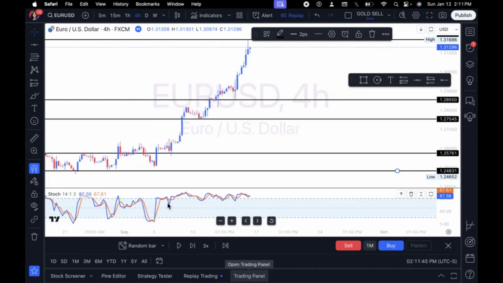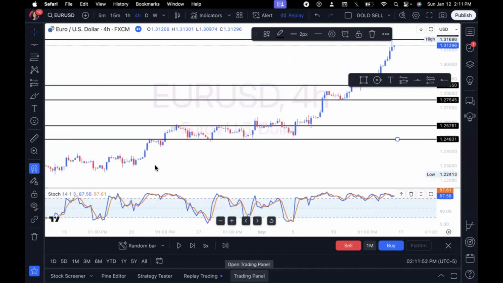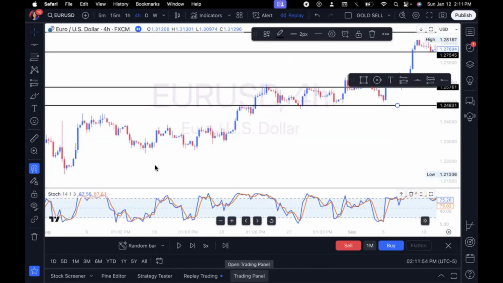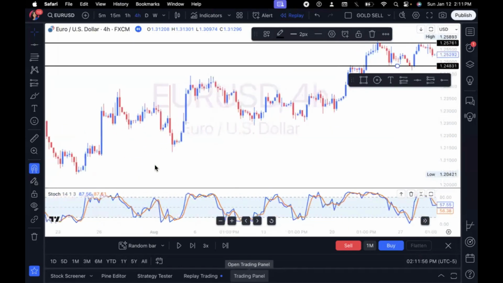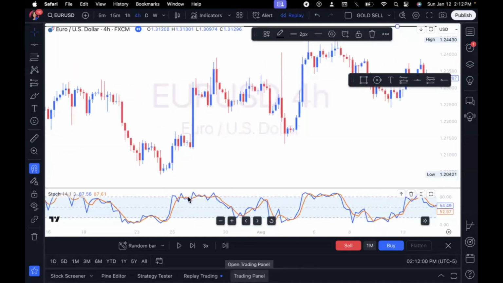Now, after I've identified my highs and lows, I'm also going to be looking at my stochastic, which is the only indicator you can see on my chart right now, because the stochastic tends to give me really good confirmations for buys or sells. And not only that, it gives me my entry signal as well. What I mean by that is if I'm looking at the stochastic and it's facing down,